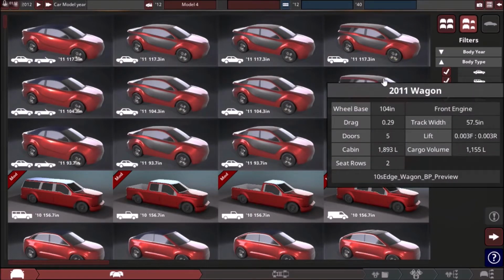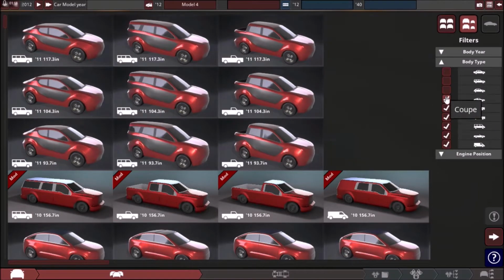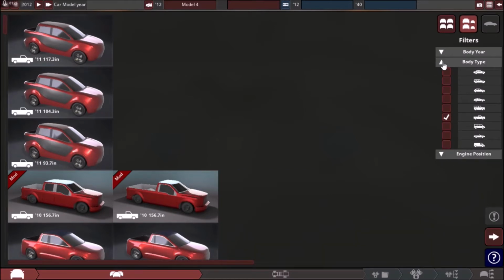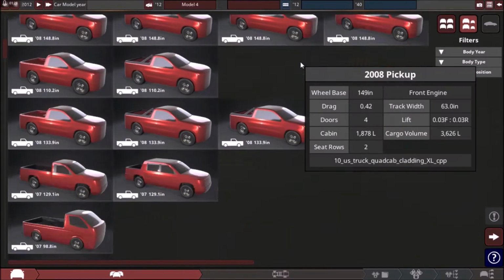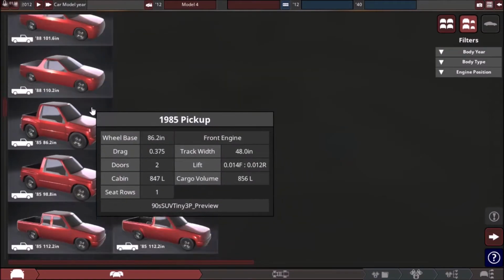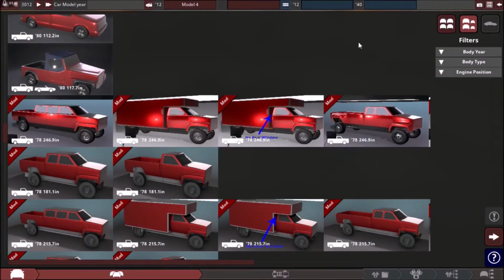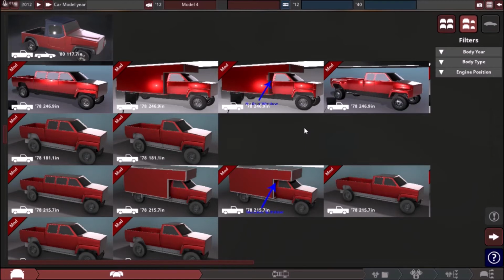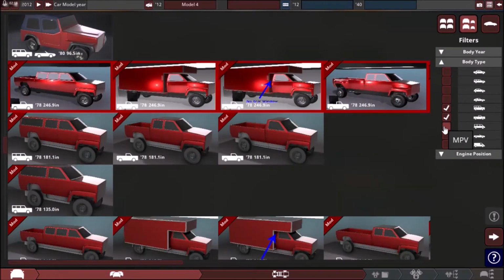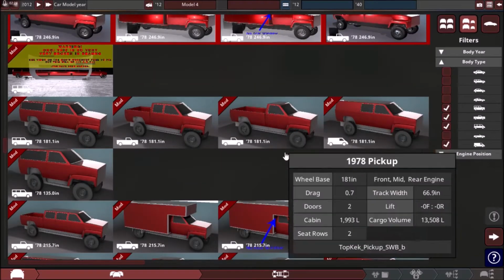There are so many bodies just in the main game, so I'm actually going to disable all of these. Then find the Topkick body type, which, look, these are all base game, and I only have one body type on. And this is how many there are. Right, here we're at the Topkick now. So I'm going to select that, and then turn body type back on for all of these,